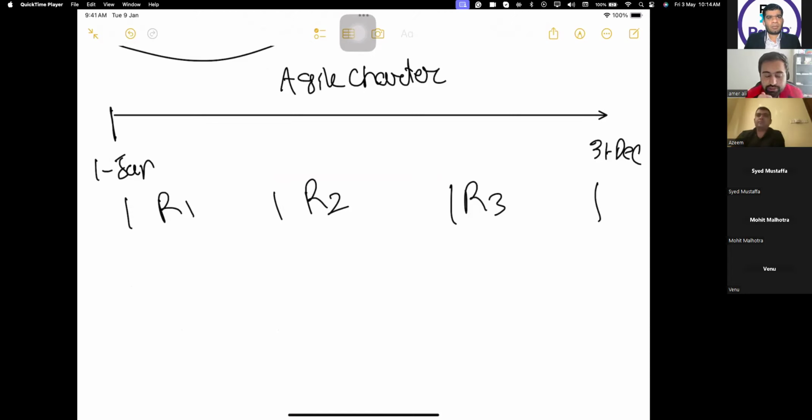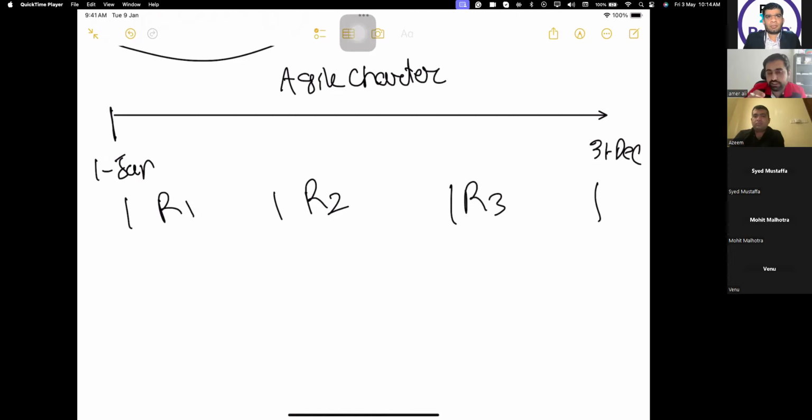So what is a sprint? Your 1 year is equal to 52 weeks, as well as 4 quarters and 12 months. These are all classifications we use in our planning. 1 year is equal to 365 days, 12 months, 52 weeks, and 4 quarters.